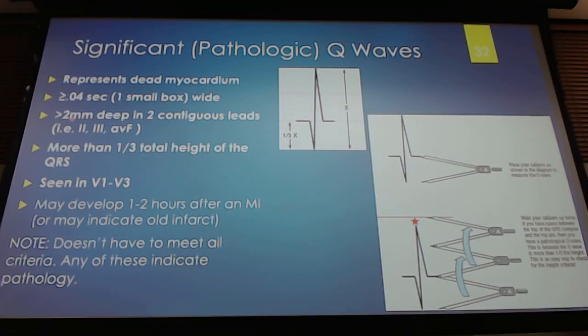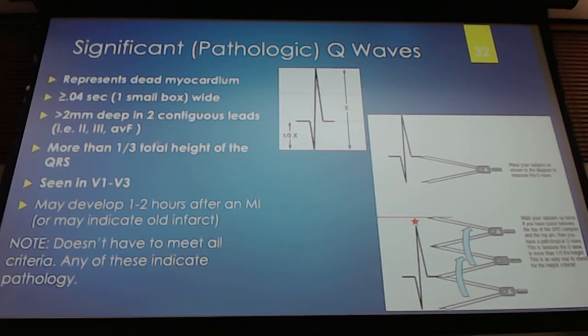What do I mean about 2 contiguous leads? Those that look at the same part of the heart. So not V1, V2, V3, V4, not in line, it's V1 and V2 that are contiguous. 2, 3, AVF is contiguous, right? They look at the same part of the heart. So if I'm seeing greater than 2 millimeters deep in contiguous leads, that is concerning that this person is